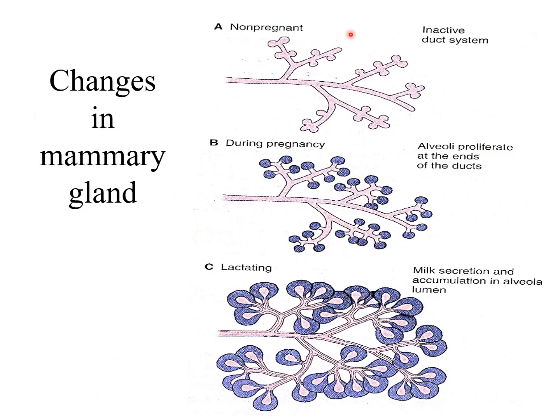And this is another diagram, a non-pregnant inactive ductal system. You can see during pregnancy the alveoli proliferate at the end of the ducts. So during the time of pregnancy, these ducts, which are in a very inactive stage with no alveoli, will develop alveoli when they start to proliferate. Ultimately, when the pregnancy occurs, milk secretion starts. So in the alveoli, milk secretions are there, so the glandular tissue will be more dilated as compared to the non-pregnant stage. You will talk histologically more about it in the next slide.